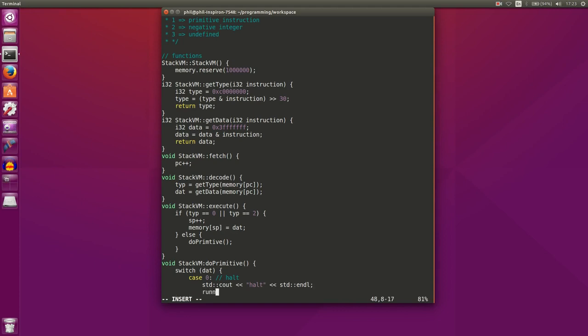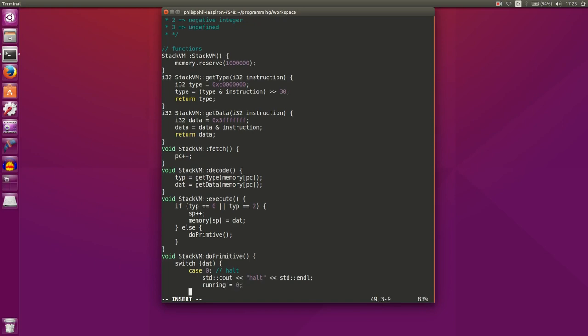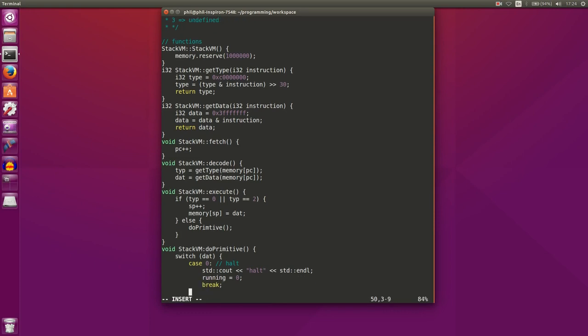And we want to set the state register, the running register, to 0 to tell us that we're not running anymore. And then we want to do a break on our system. Then we'll do a case 1,